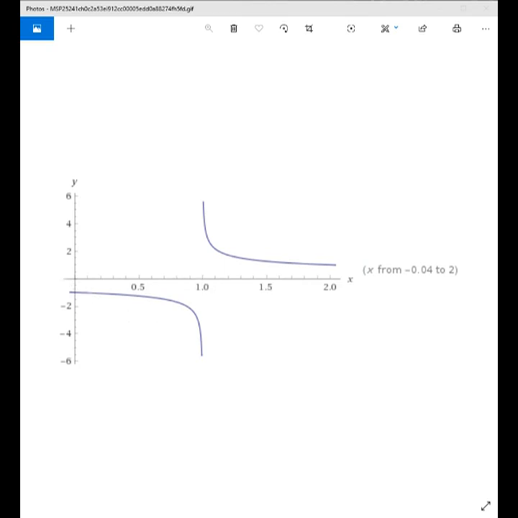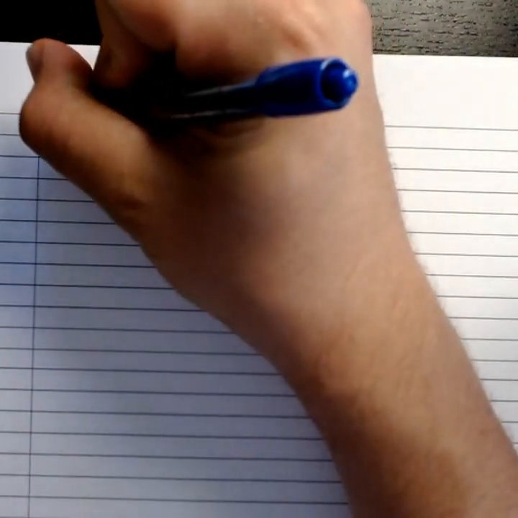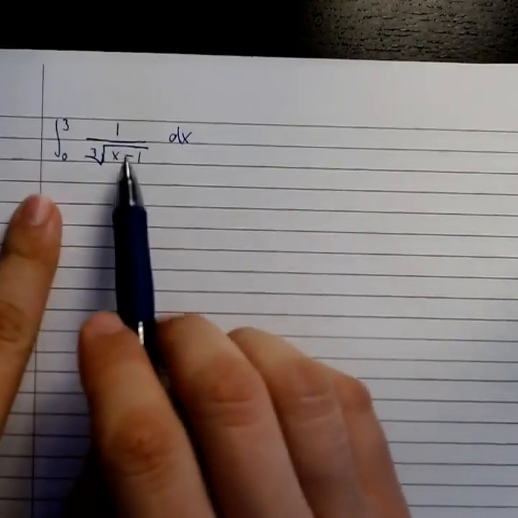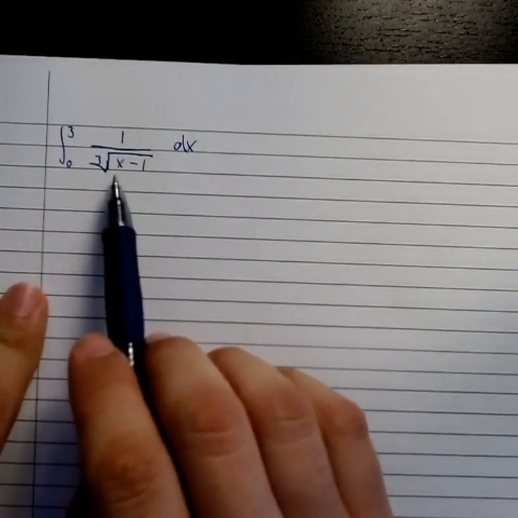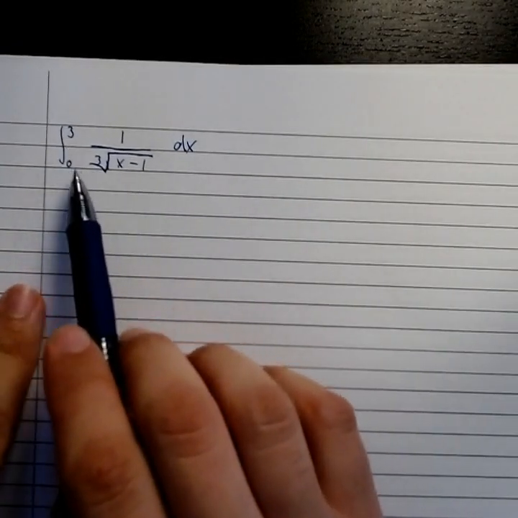Well, here what we're going to do is integrate all the way through. We're going to start from 0 and go out to 3. All right, so let's take a look at how this is going to work. Let's integrate this from 0 up to 3. Once again, this is undefined when x is equal to 1, and because 1 is in this interval,